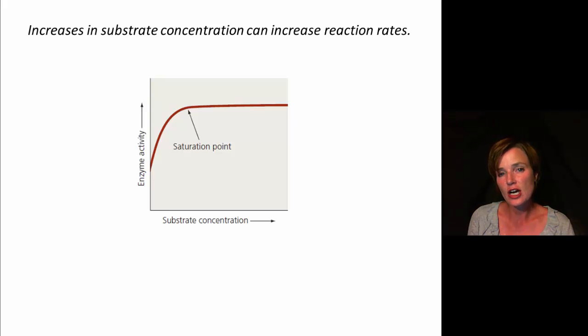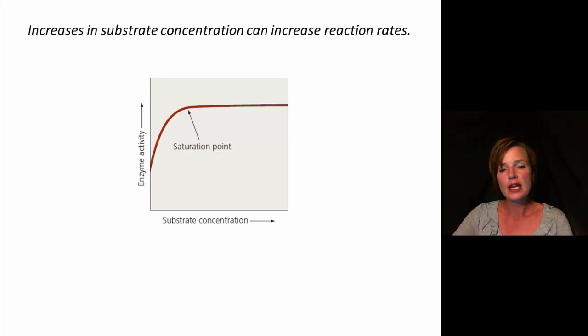Increases in substrate concentration can also increase reaction rates. This is up to only a certain extent. This is up to what we call the saturation point. So if a cell needs to run a reaction at a much more rapid pace, it will increase the substrate concentration. The enzyme will just keep grabbing hold of that substrate in its active site, lowering the hill, and we